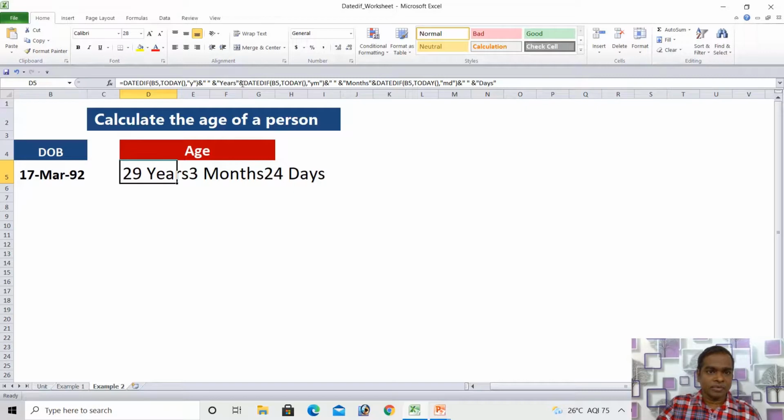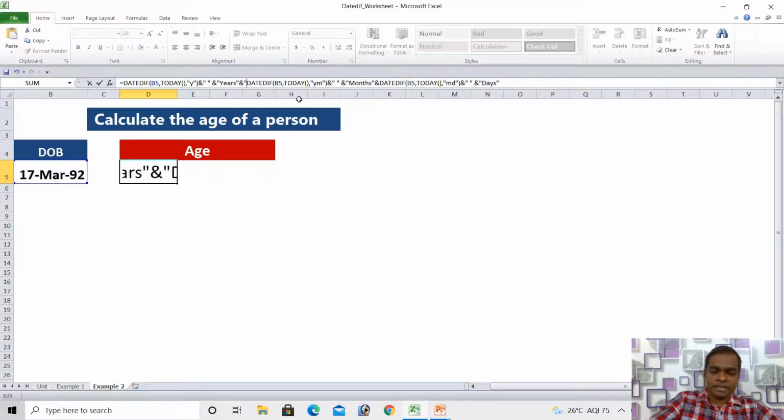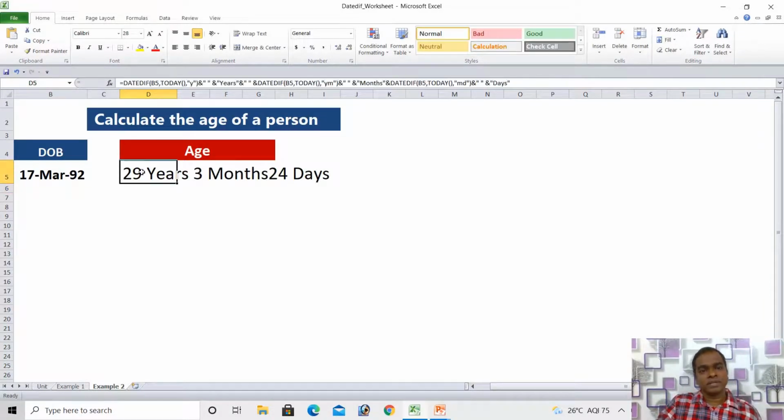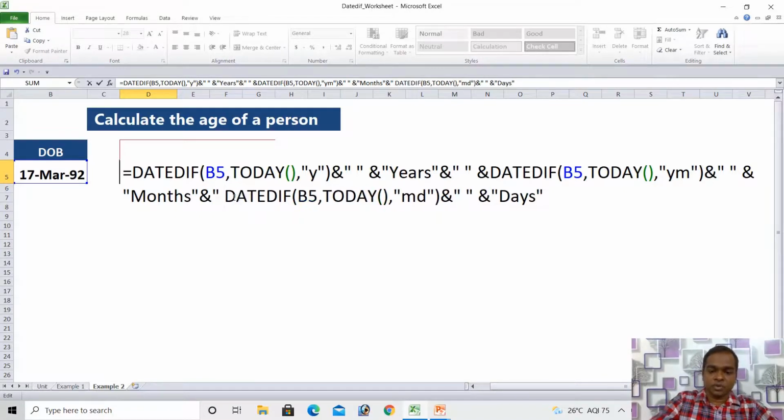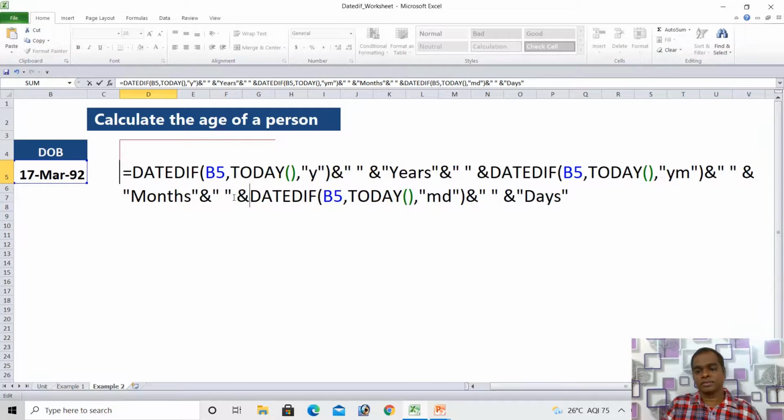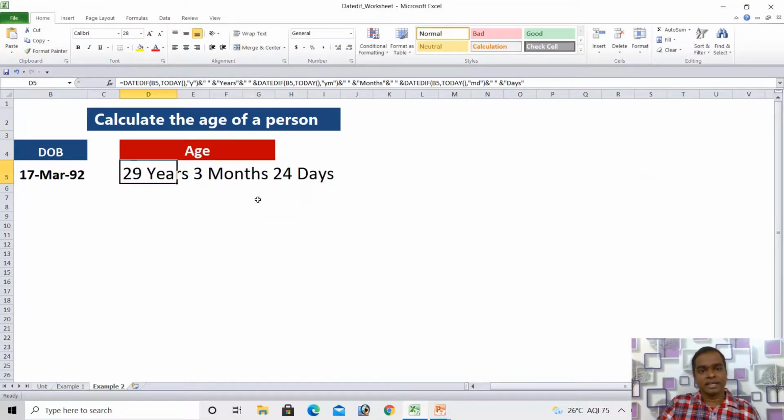After years I need to give one space. I'm giving multiple spaces with the ampersand to make it readable. It looks complicated, but you should not worry about that. After months, again I can give one space to make this formula human readable. I'm pressing enter, and it's very clear now.